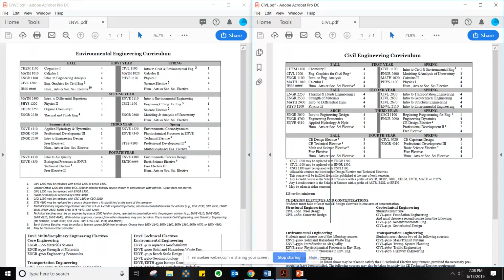The recommended courses for environmental engineers for the first semester are Chemistry 1, Calculus 1, Intro to Engineering Analysis, also known as IEA here, and Engineering Graphics for Civil Engineers, which students refer to as Civil CAD. And on the bottom here is an IHSS HOS elective.